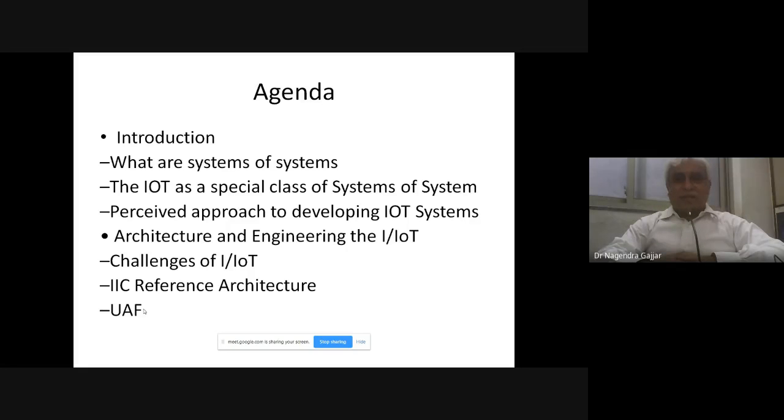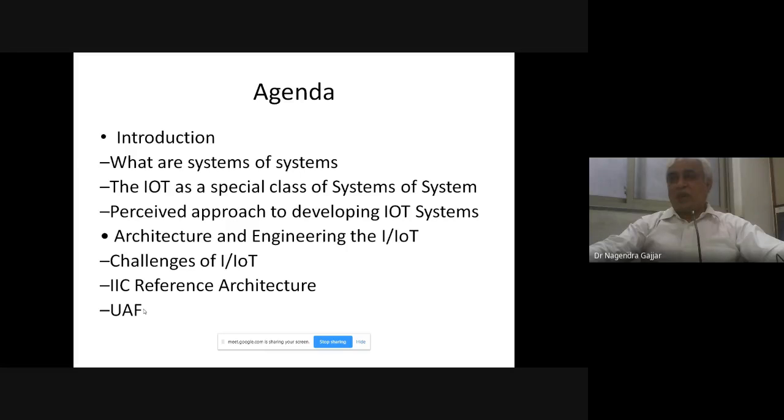So that mechanism is represented by a group called OMG, Object Management Group, and they have proposed the architecture for systems of systems such as IoT, and that is a unified architectural framework called UAF. I'm sure that I won't have time to touch upon the UAF, but this is the agenda